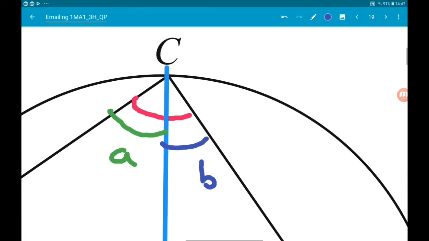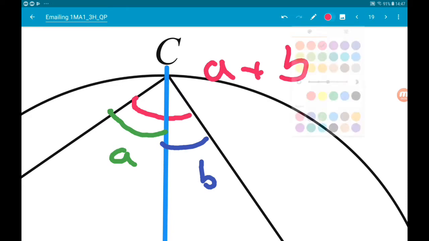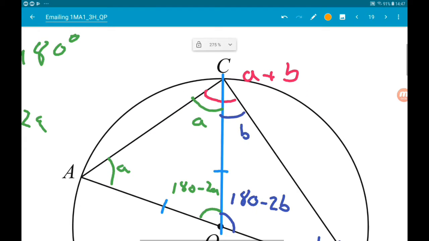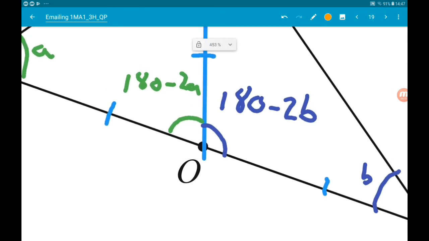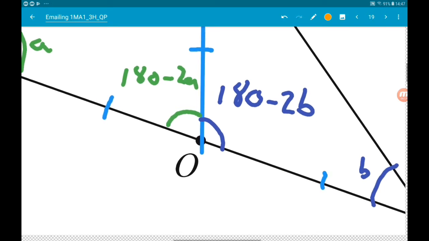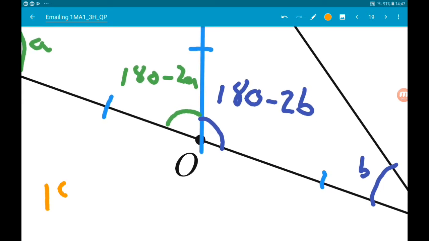So, this whole angle is A add B. So we need to try and find what A add B are equal to. So that comes from the two angles at the centre. So these two angles make up angles on a straight line. So we can say 180 minus 2A